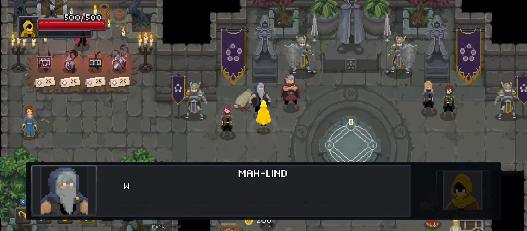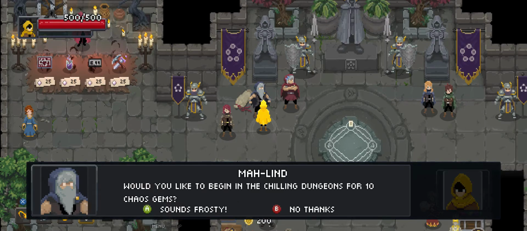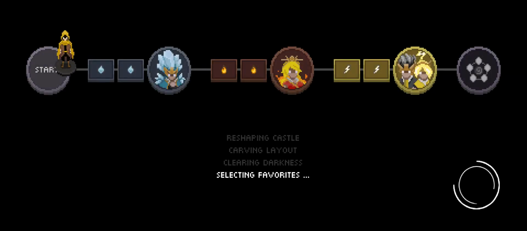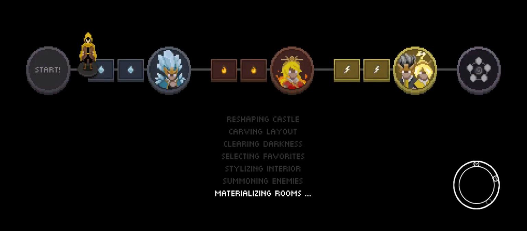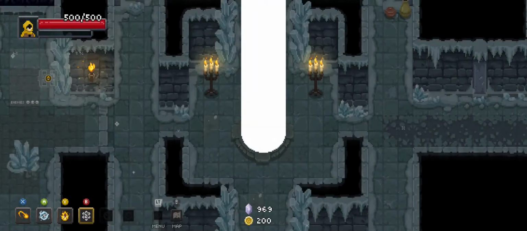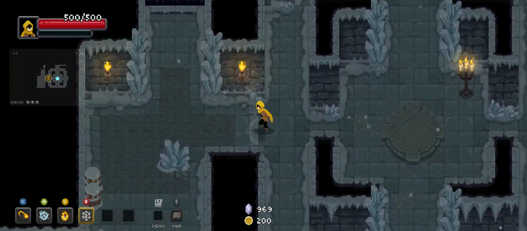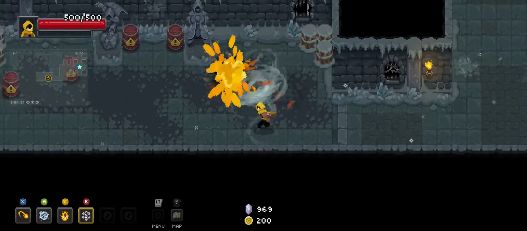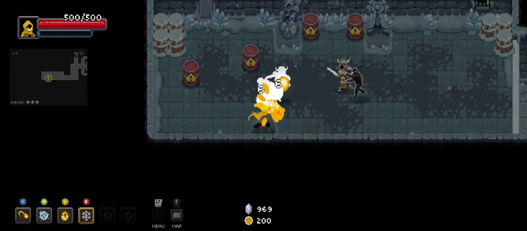No, not Sky Palace. That's where I'd like to go later. Yep, we'll start in the Chilling Dungeons. I'd like to just get that out of the way. And of course, no Sky Palace for me. Alright, so right off the bat, I would love to get Cabi's Raw Chocolate. I was kind of hoping to hit the Sky Palace later in the run, but